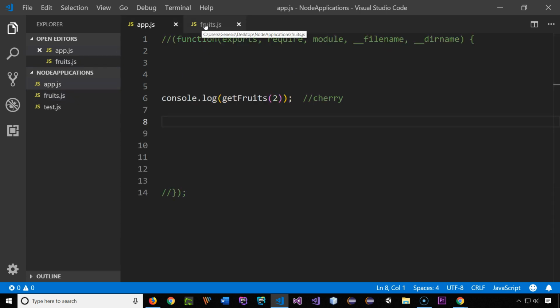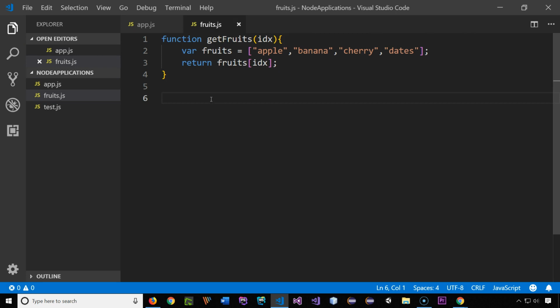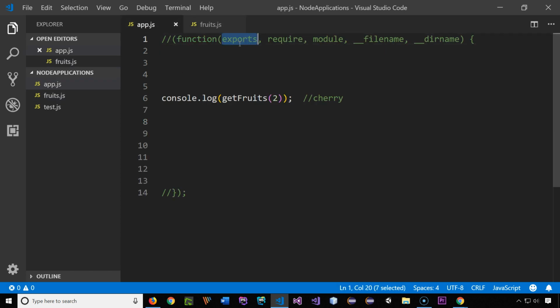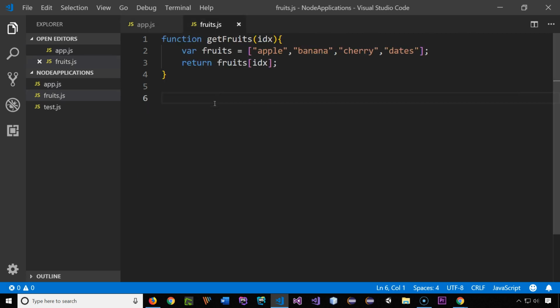And to do that, you have to do 2 things. One, if you want to export this function out so that other modules can use it, you have to use one of these. You have to use the exports or the module.exports, because the exports here is a special parameter that is just a reference, it's referencing the same module object here. It's kind of interesting. So I can go here and say, okay, if I want to expose this function so other modules can use it, then right down here I can use the exports,